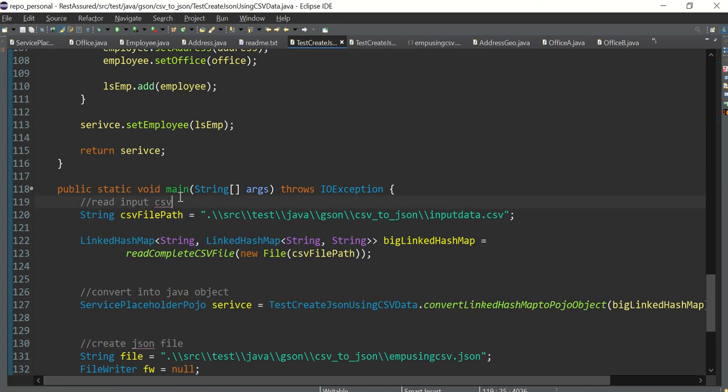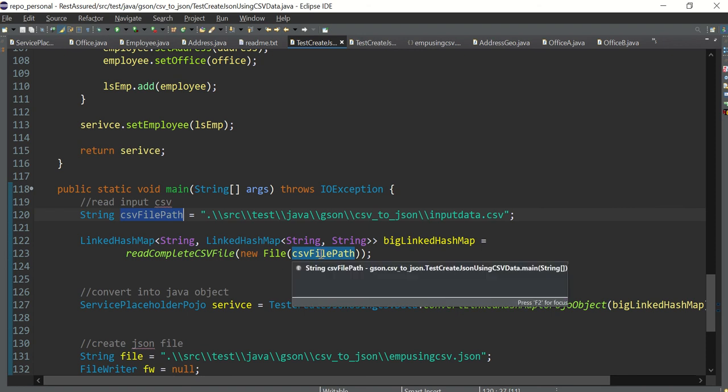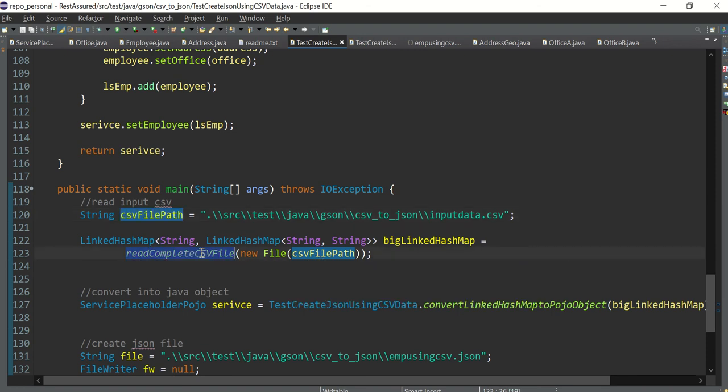Where is main? Here's main. Read input CSV. I have given the path of the input CSV. I'm talking about this particular file. This is a CSV file path, and I am passing it to the method that reads the complete CSV file. And what it will return is a big linked hash map.